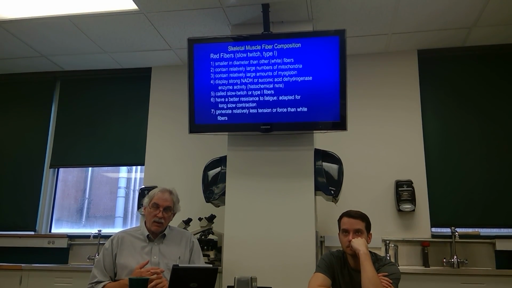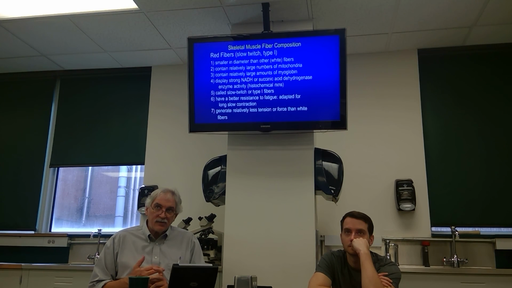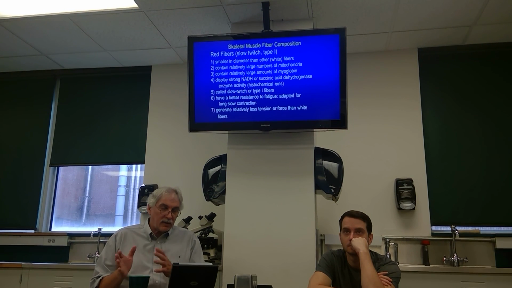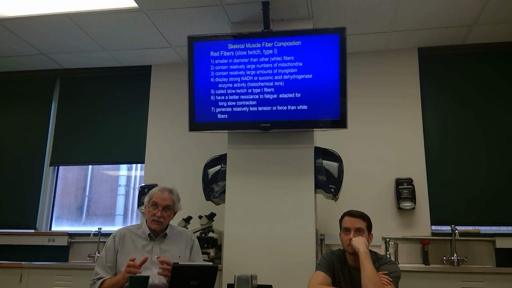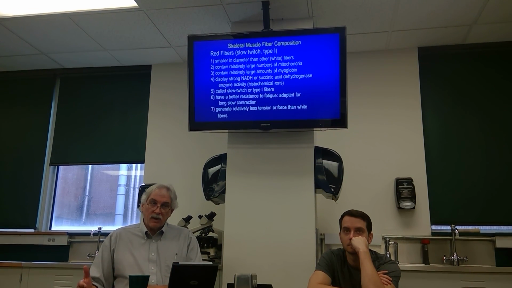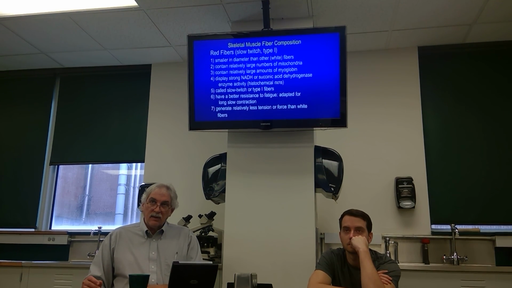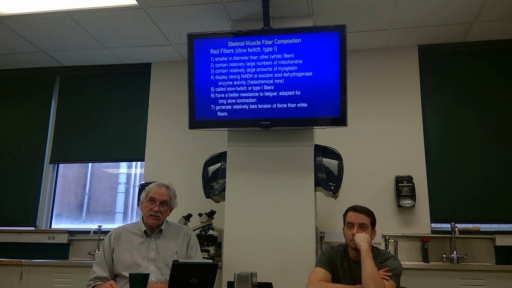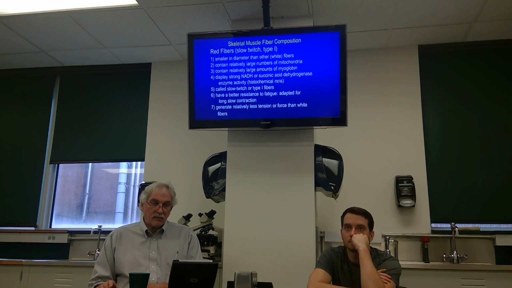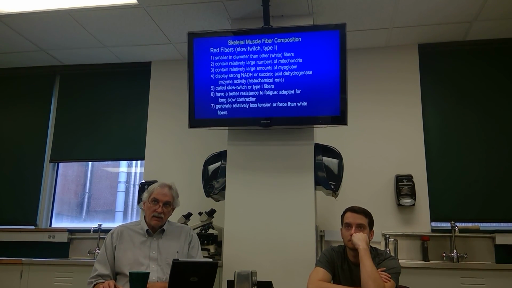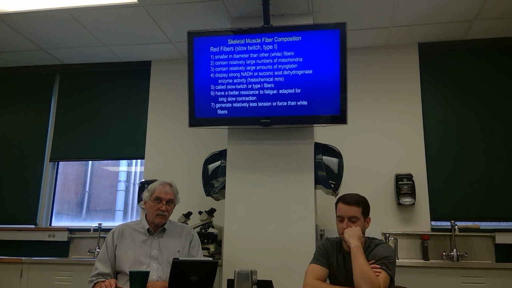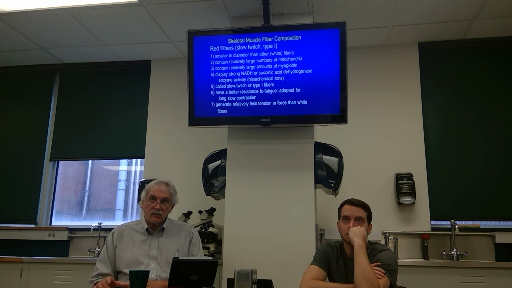They display strong enzyme reaction products like NADH or succinic acid dehydrogenase activity, again, whatever substrate you layer on there to produce a colored product. They're called slow twitch. It means that they have a better resistance to fatigue, so they're adapted for rather long, slow contraction. They generate relatively less tension, but they don't fatigue as quickly. So I guess if you were a marathon